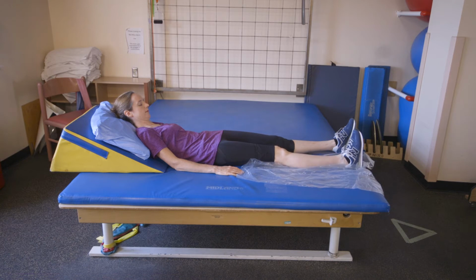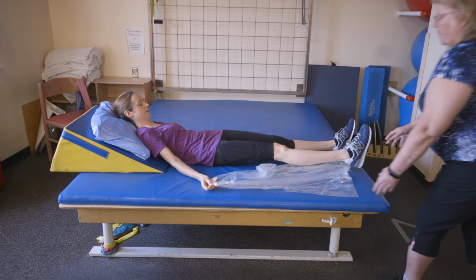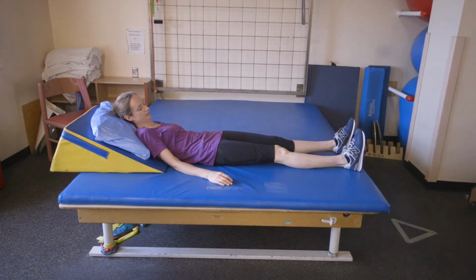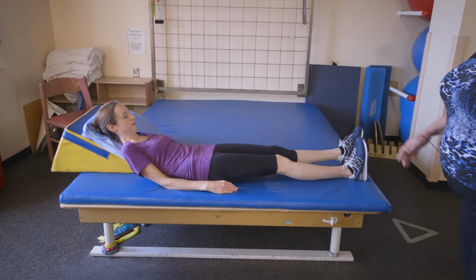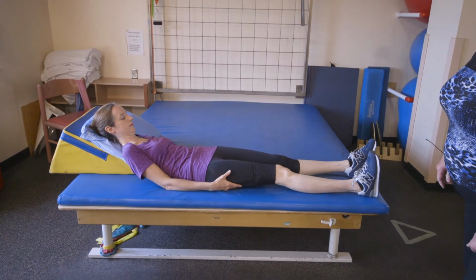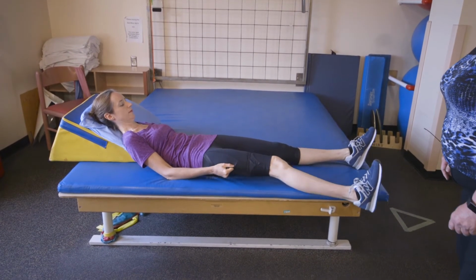Now we're just going to review how to get out of the bed following your hip replacement. Remember that you're not able to cross your legs over each other. Nancy needs to come a little bit closer to the side, so you have to lift your bum. There we go. And you're not able to cross your legs, so you can either hold your pajama bottoms and hold your leg and get up,